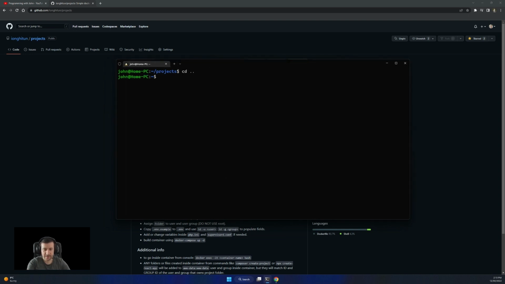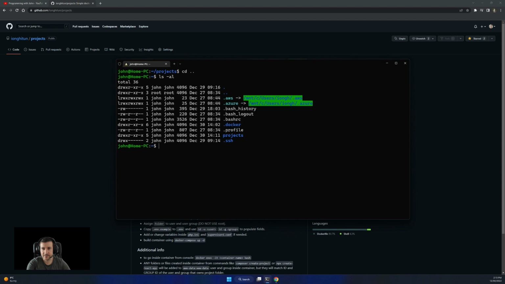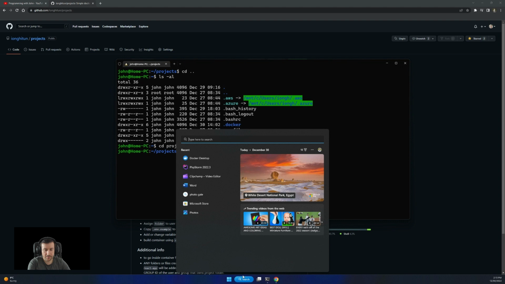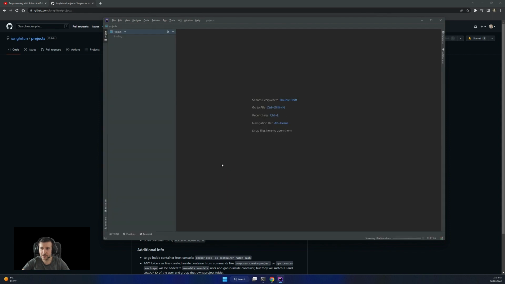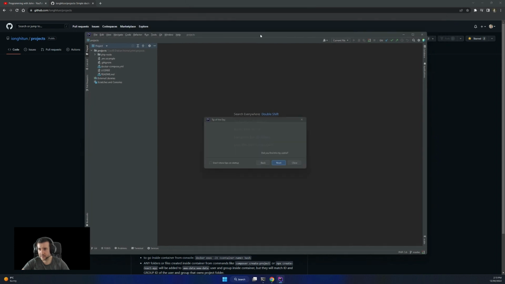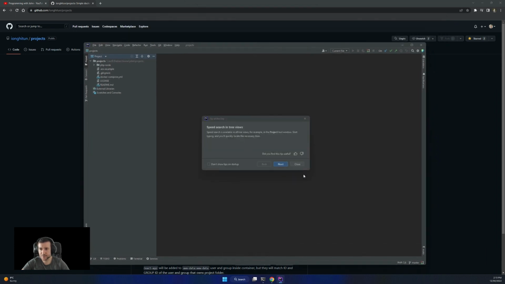Like I told you, last time we cloned these projects inside the home directory. So let's open it in an editor and see what's inside. I use PHP Storm as editor, but you can use any editor you want, although I recommend PHP Storm or VS Code. All others I didn't enjoy that much, but it's up to you.